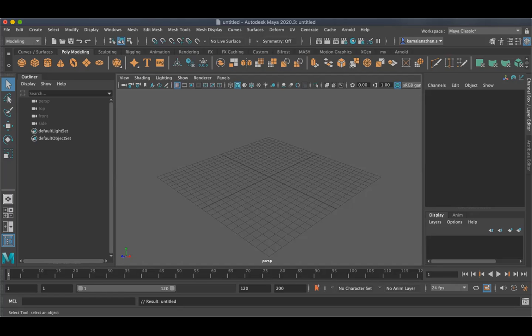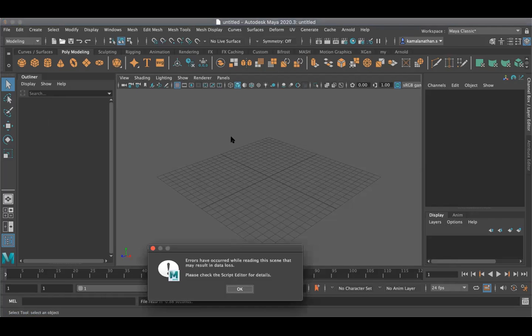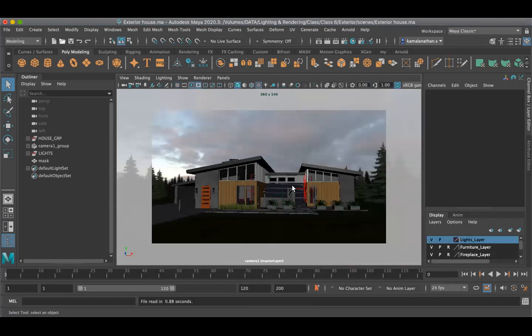In the previous class, we were working with the exterior model. You remember this, right? By default, it will be in half HD, HD 540. When I'm rendering it, I'm taking it to full HD. To reduce the time, I'm using HD 540.